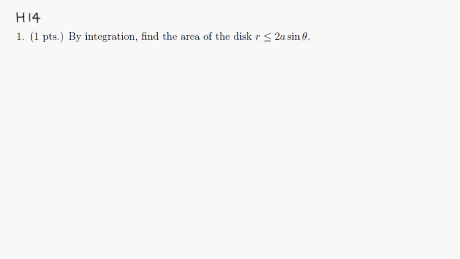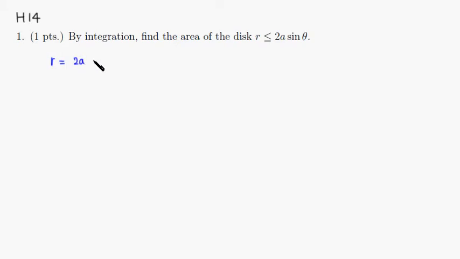Okay, let's look at homework 14, problem number 1. By integration, we want to find the area of the disk, which is described by this inequality in polar coordinates. Let's find out what kind of disk this is. I'm going to turn this into an equation so that we know the equation for the circle. Let's say r is going to be equal to